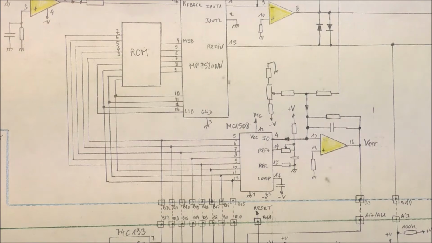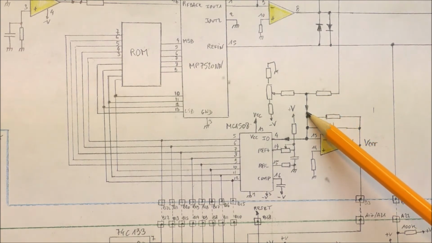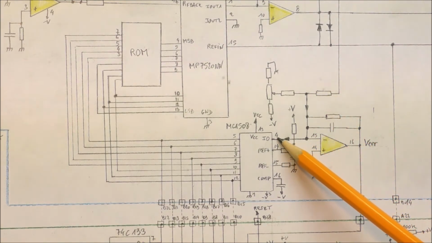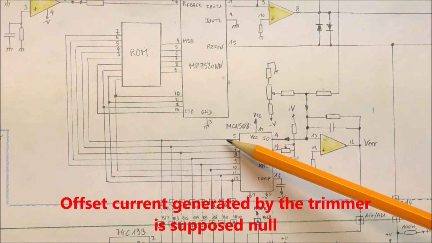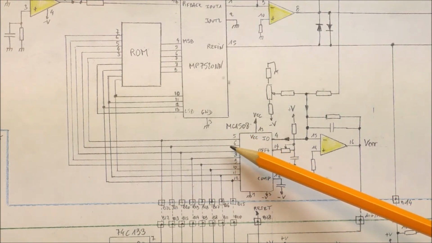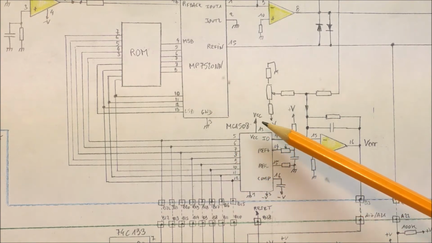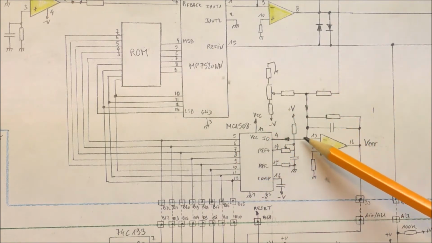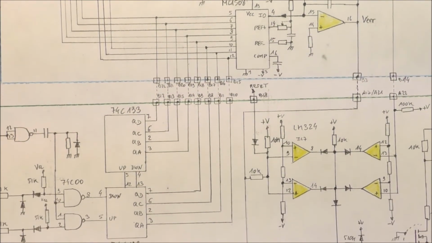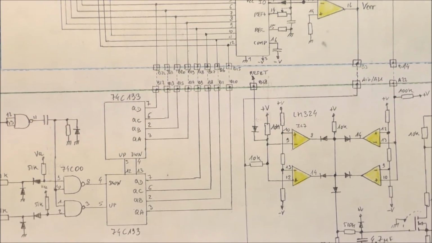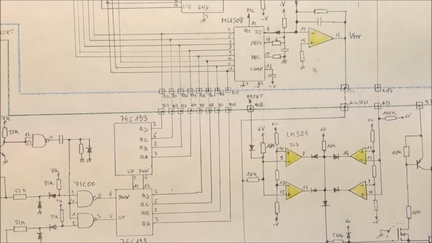If we suppose that we have 0 volt at this output, that means that the current which flows into this resistor is identical to the current which is provided by the DAC. In that case, the 8 bits, which are the input of the DAC, are proportional to the static pressure, because the current is the same here. The rest of the ADC is performed on the second board, which is on the bottom of this page.